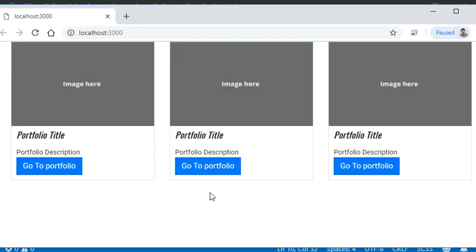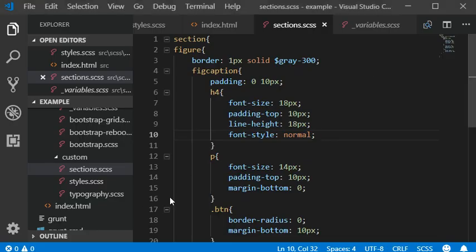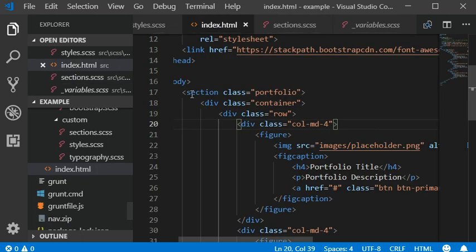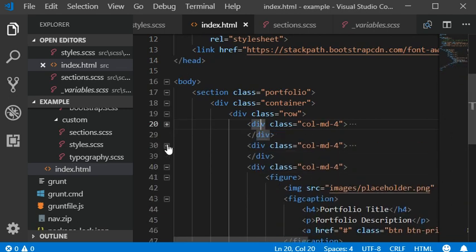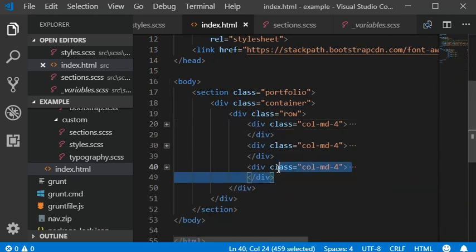So here we go, we have added font style normal into our portfolio, and you can add your grids multiple times, like this one, and I'm going to repeat this